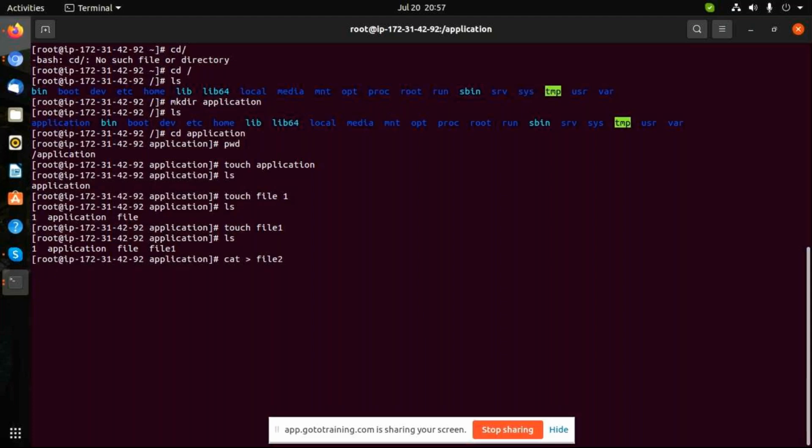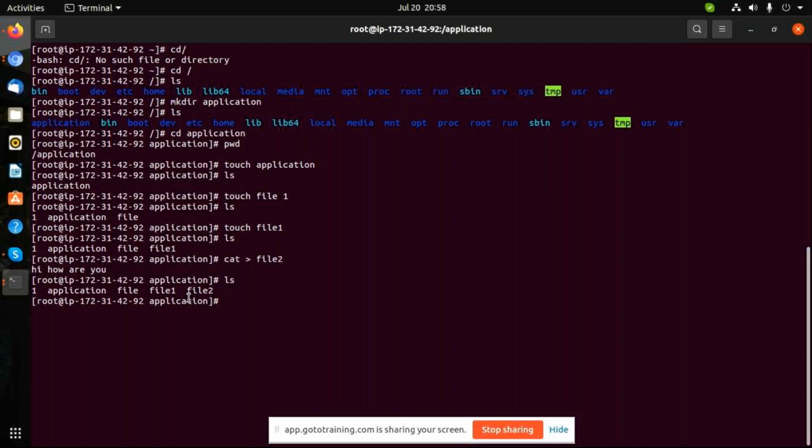Add the data, anything. Hi, how are you? Something like that. As of now, just sample data, guys. Here our concern is how to create a file. Don't think about what that file is or why I am creating it, it's just for sample purposes. Press enter, Control D to save the file. That's it, guys. You created a file with data. Do ls now, you can see that file too. See, file 2 is there.